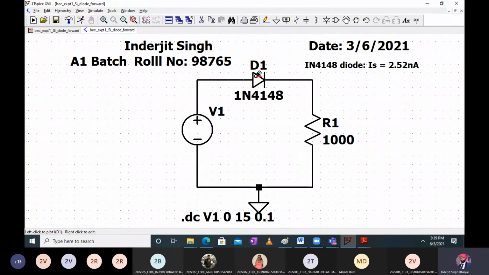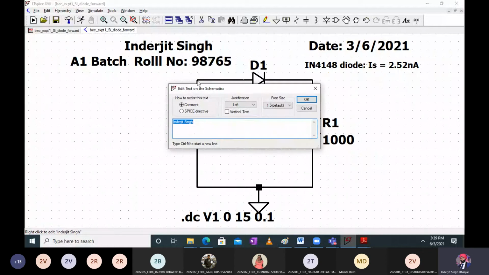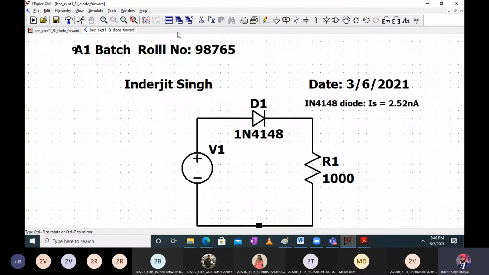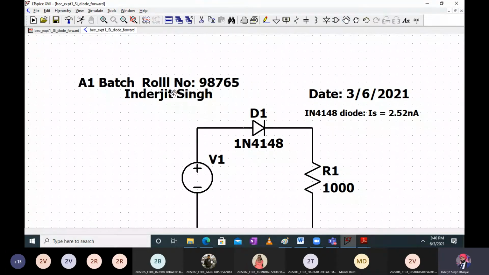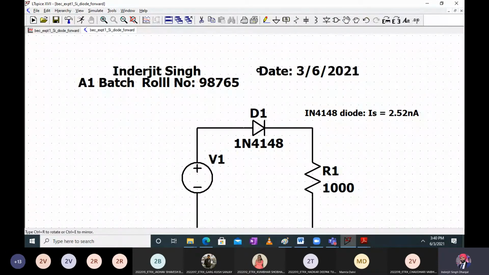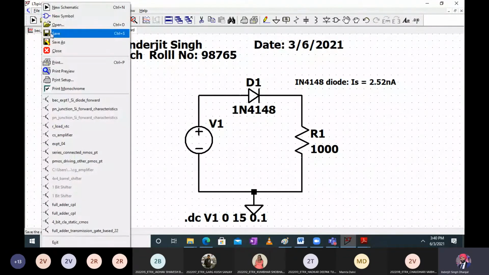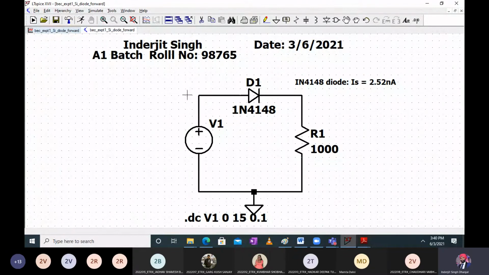And one more thing you have to do. This diode is there now. Right now, let me just push the circuit a little down or push these things up a little so that it will not disturb that. Okay, so everyone done that? Everyone saved the file again? Save it. You have one saved as in your computer. Now you can keep on saving the file.